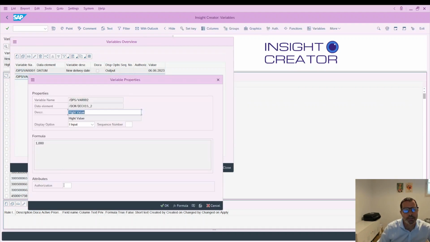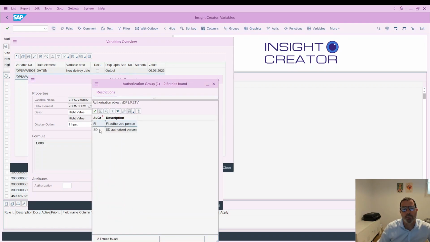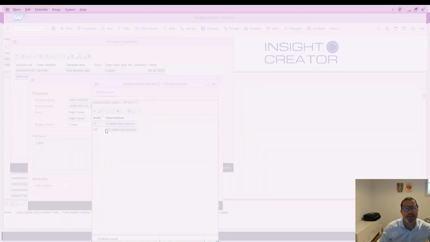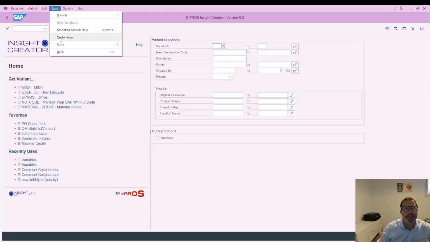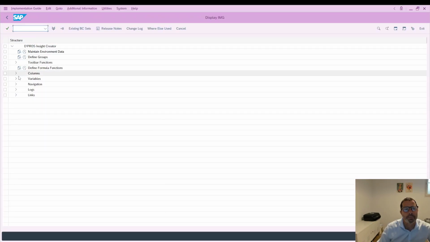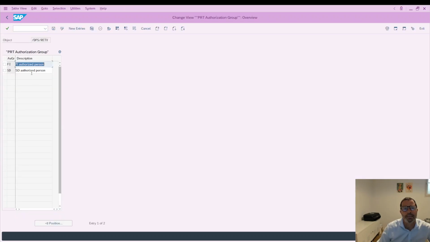Okay, last thing around the definition is the authorization field. The authorization specifies who can see this variable and use it. Okay, and I can pick from a few values. This value is being maintained through inside Zap customization variables and over here. Okay, this is important in case you'd like to use the same insight for different people